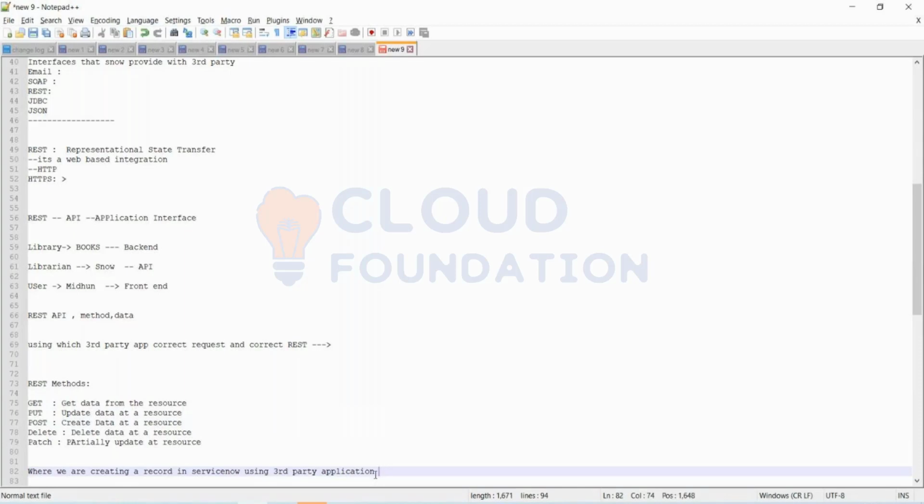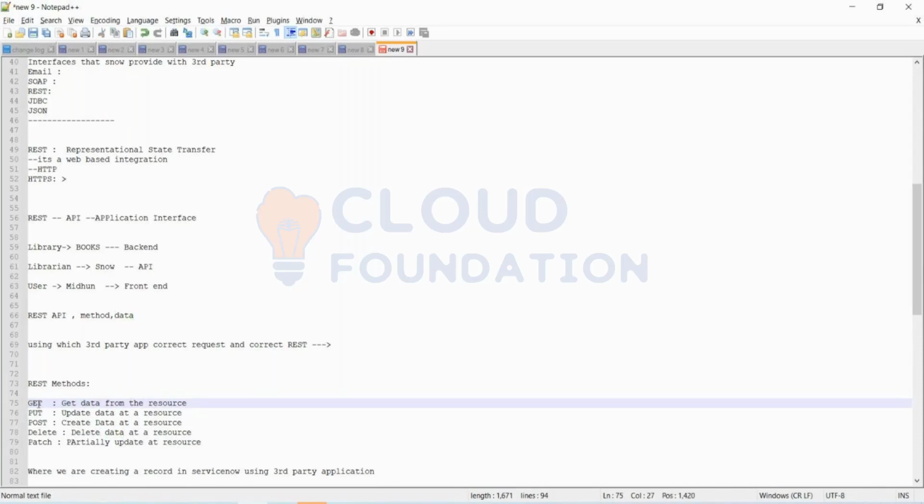See, Midun, one thing is, you have web services. You create web services, and in those web services you will have different methods. One of those methods that we are going to create in our session today is to get data from a third party application. As per your requirement, you have to fetch the data from a third party application, and you have to even create things, right?